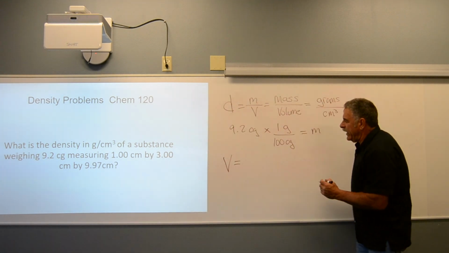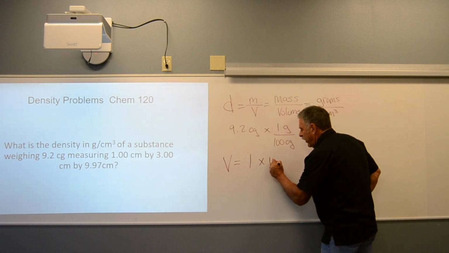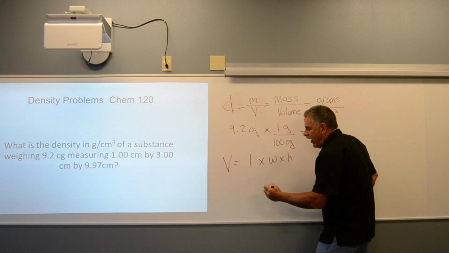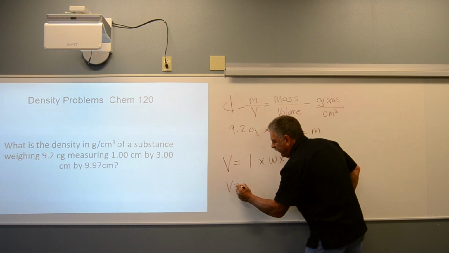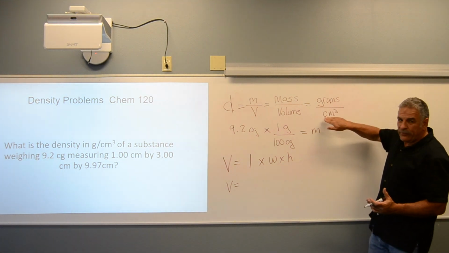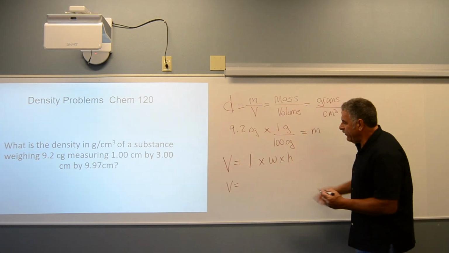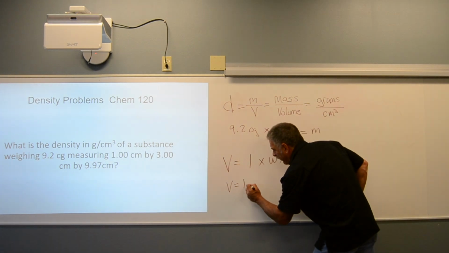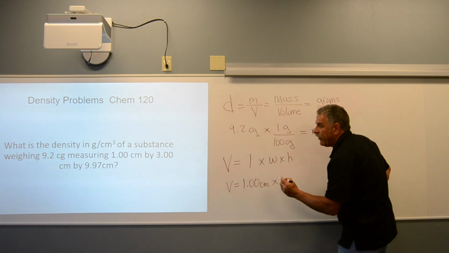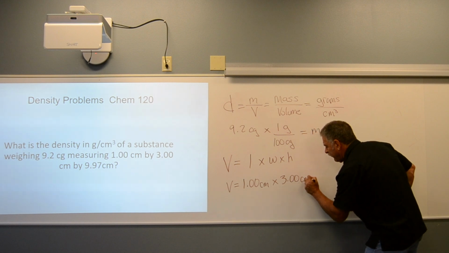So we need volume. We sometimes think of volume as length times width times height. And in this case, we're going to use those values for those three functions. Volume is a cubic function. So when we see centimeters cubed, we know that's a volume. When we see milliliters, we know that's a volume. And in this problem, we're going to start with 1.00 centimeters times 3.00 centimeters times